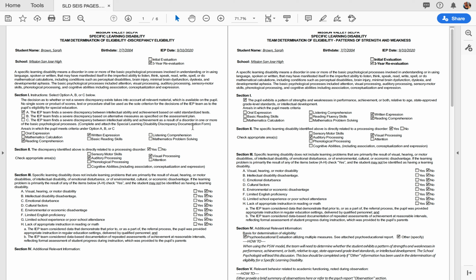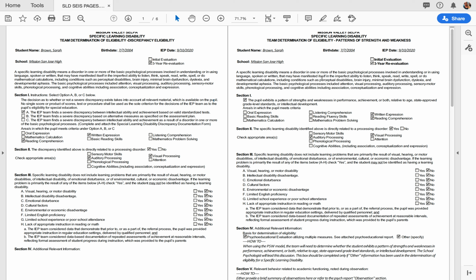It's letting us determine which area of academic functioning is directly related to a potential processing disorder, which results in a learning disability. So actually on both forms, the primary purpose of section 1 is to ensure that the IEP team has considered whether or not the severe discrepancy exists and that the team has not used just a single score to find the student eligible under SLD. Okay? So here in section 1, the discrepancy and in the PSW, your school psychologist will take the lead to